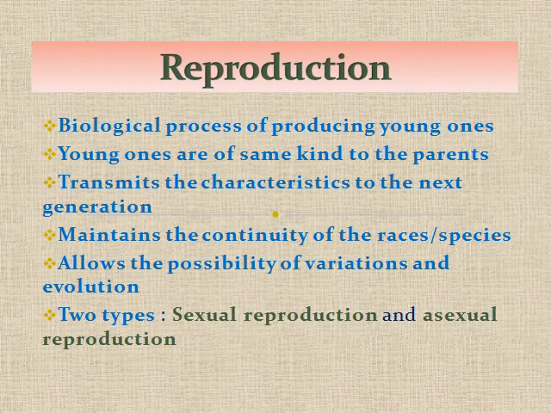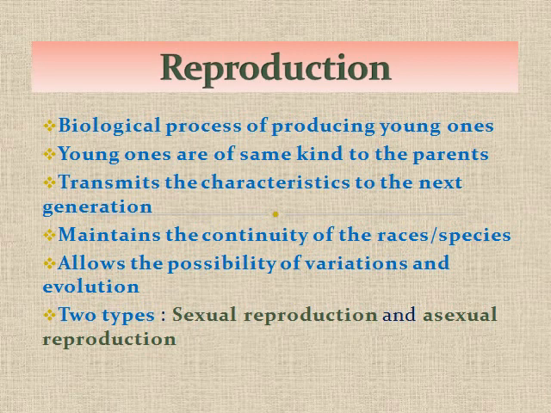Our body consists of a number of biological systems that carry out specific functions necessary for living. Reproduction is the natural process, known as the biological process, in which organisms produce young ones. In a broader sense, it is considered the process of origin of life and the evolution of organisms. The offspring produced are of the same kind as the parents due to the transferring of genetic material, that is DNA